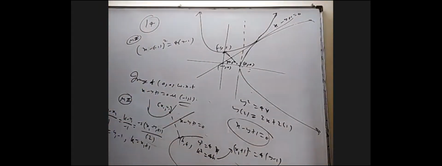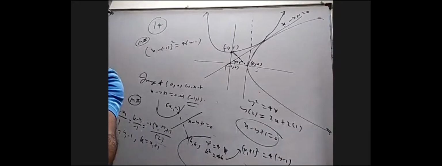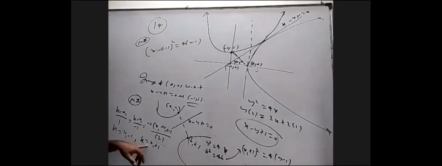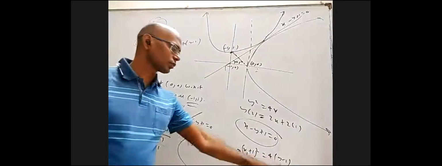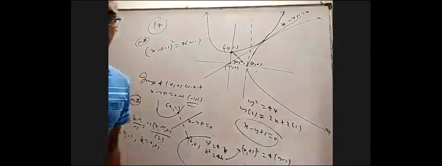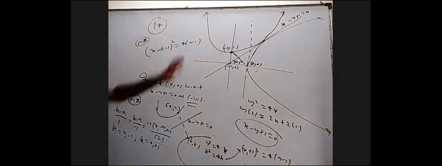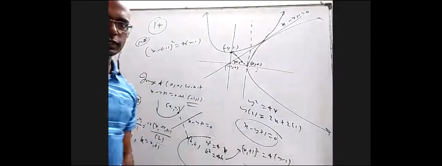Here it is easier, but any other question would also work, not a big issue. But that will be a slightly rotated parabola, and we'll get an xy term also. Here, when you equated these two, x got cancelled. When you equate these two, y got cancelled. But in another question, we will get one x term here and one y term here. We get an x term, a y term, and a constant whole square here also. So a rotated parabola will have an xy term and all that. But because it is vertical here, we did not get such a case.